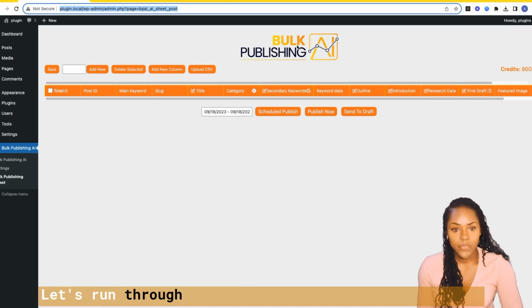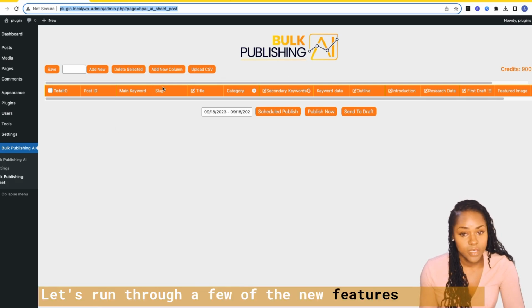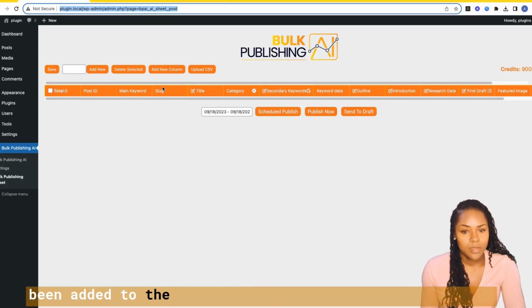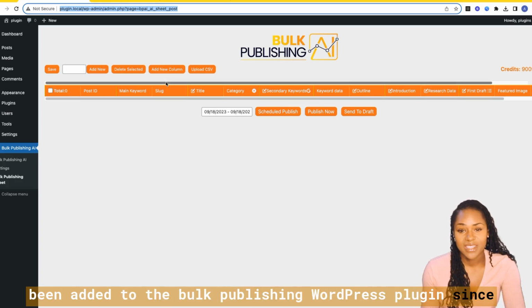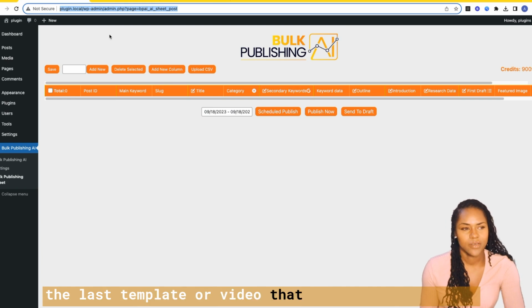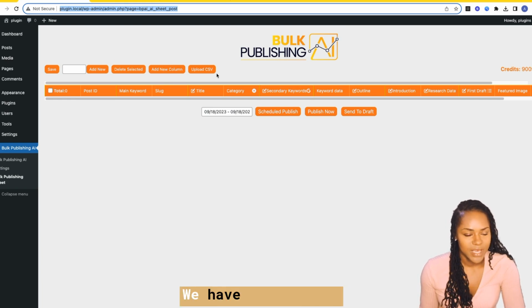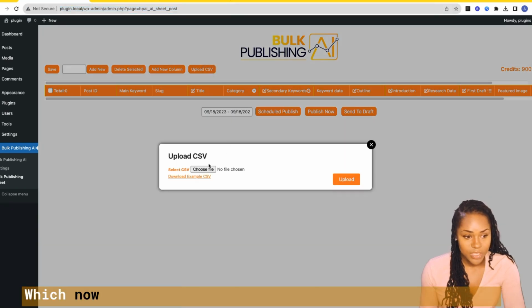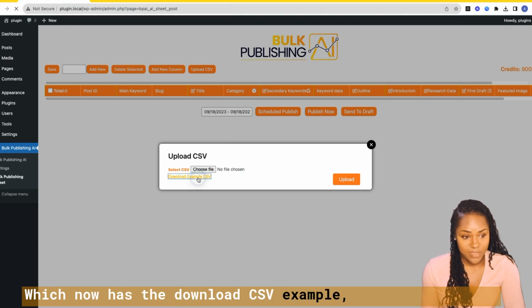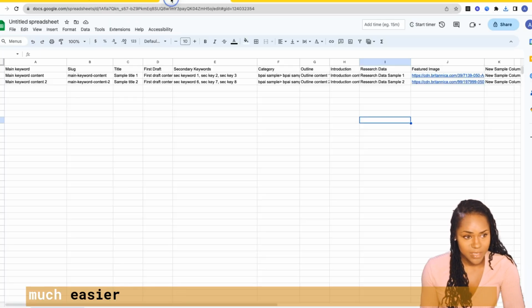Okay, let's run through a few of the new features that have been added to the bulk publishing WordPress plugin since the last template or video that you would have seen. We have Upload CSV, which now has the download CSV example, which makes it so much easier because now you